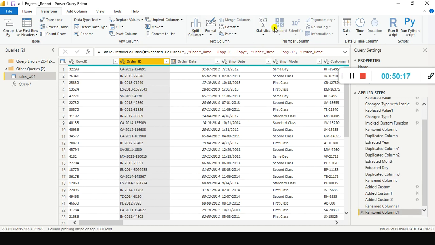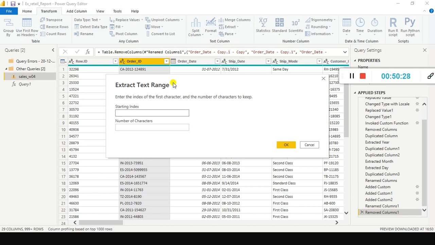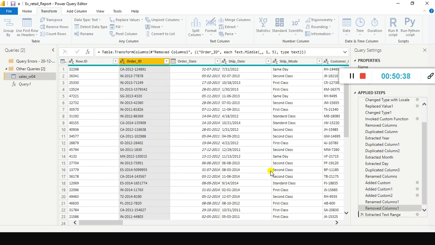So now we will explore some other text functions. Last characters, if you want to extract the last 4 or 5, it's the same thing. And also you have something called the range option, with starting index and number of characters. Number of characters 5, starting from 1 to 5, I want to extract it.